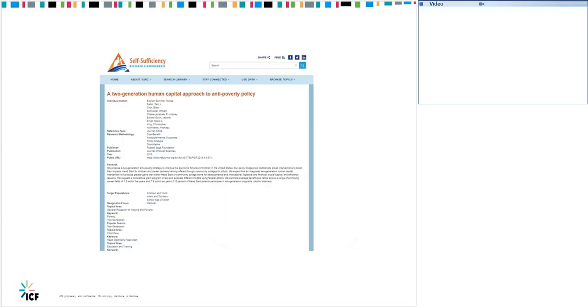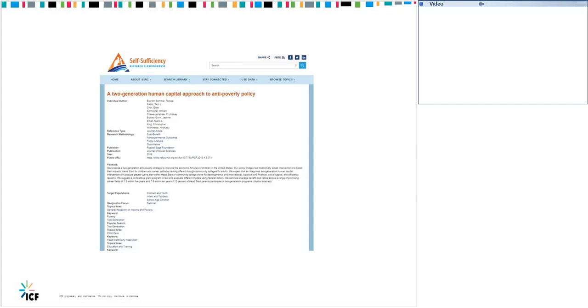So on the next slide, I want to highlight, this is a page on the SSRC library. If you click on your resource packet and go to the first resource in there, you'll see the link to what we call the SSRC library. So this is our library record, and we have librarians and subject matter experts that actually review everything that goes into the library and provide tags or filters, so it can help you navigate through the resource without having to dig into the report itself.